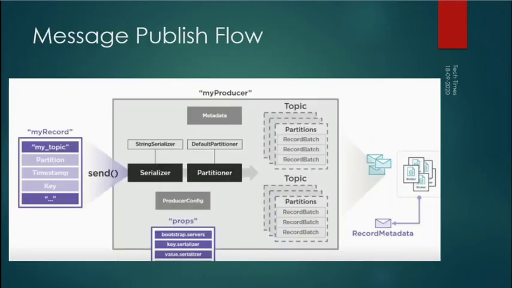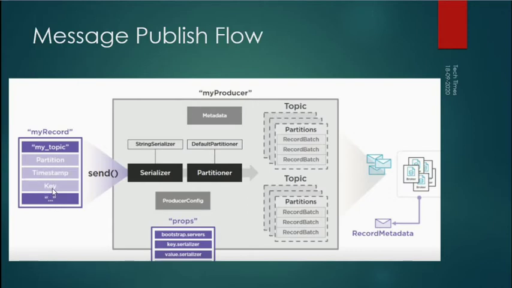Now let's understand the message flow whenever we try to publish any message. This is the record which I want to publish. I have mentioned the topic name and the message, whatever the message is, it is three dots. Then we can also mention the optional ones which I have already told you: partition, timestamp and key.